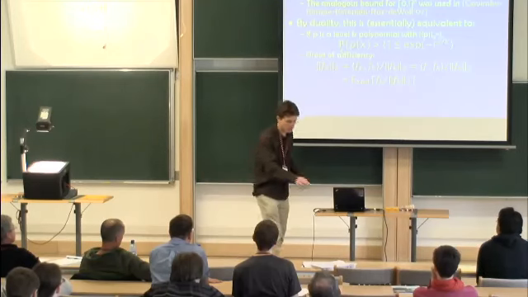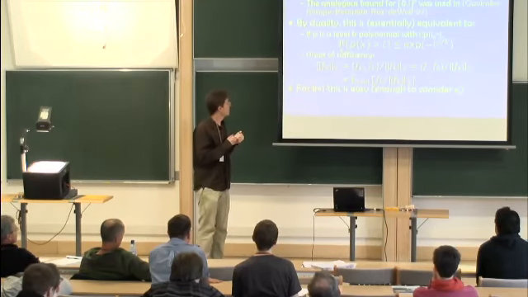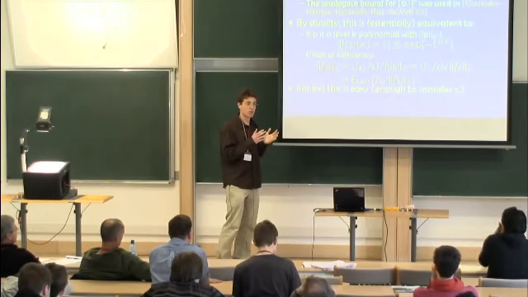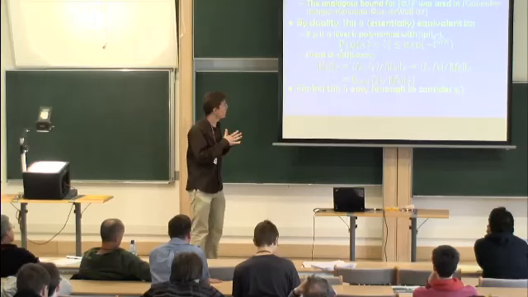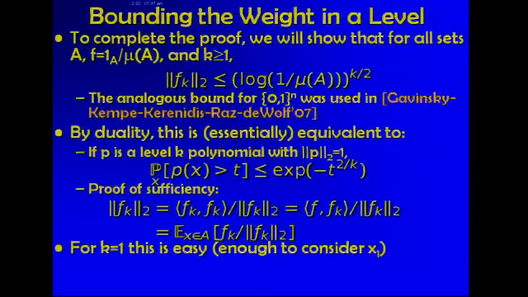Let me just give an example. I think it will help. The example is k equals 1. Here it's easy, we all know this already. Take linear functions, like the function x1 on the sphere. If you take this function, you see that the tail behavior is essentially like a normal variable. You know that each coordinate of a vector chosen from the sphere has essentially normal behavior. So the decay of this function behaves like a Gaussian. It behaves like e to the minus t squared. So this is the case of a linear function. It's very easy because we understand all these functions.